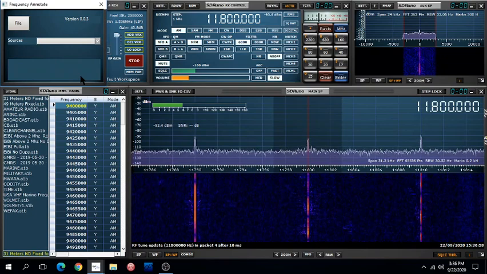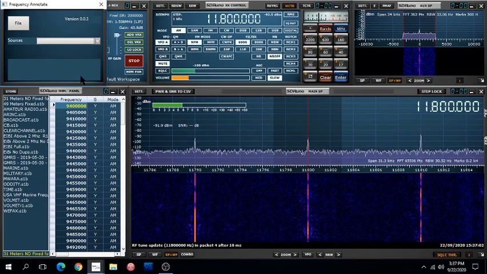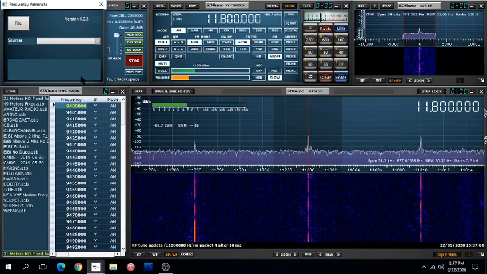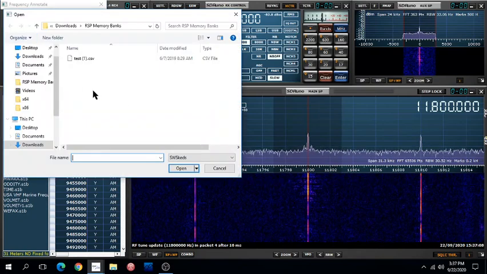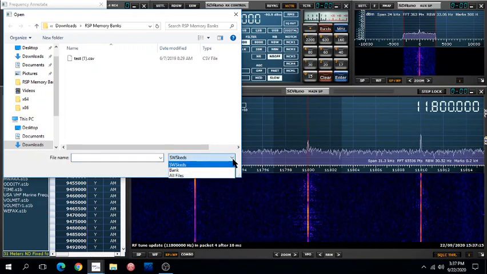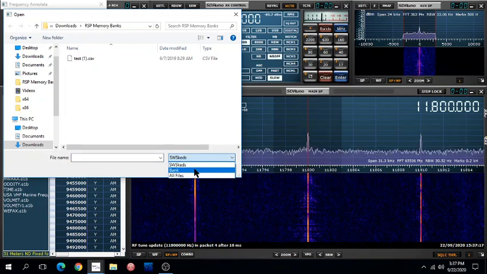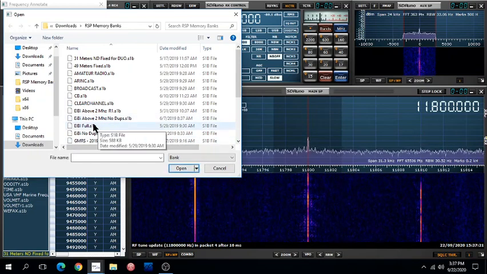Then it wants a file with this information in it. And it can use a couple of different types. What I'm going to use is, it can use SW-SCEDs. I'm going to use one of my bank files, and I'm going to use this one